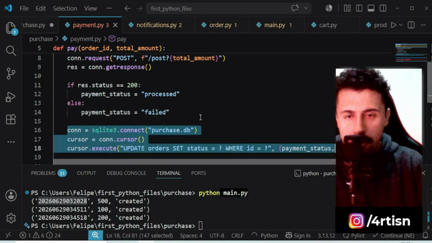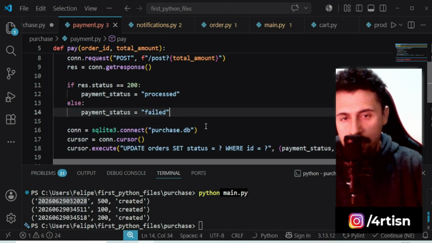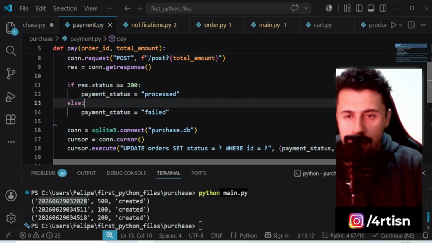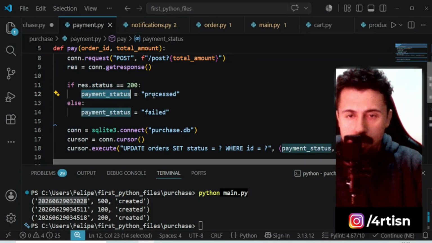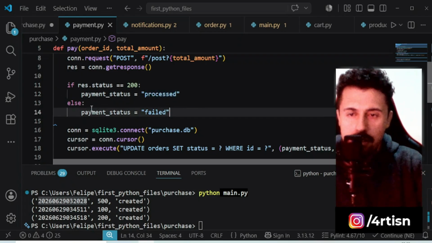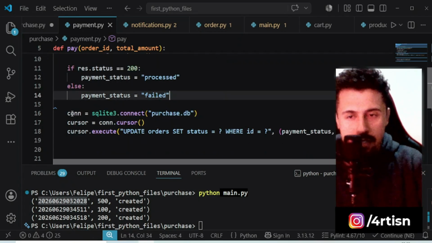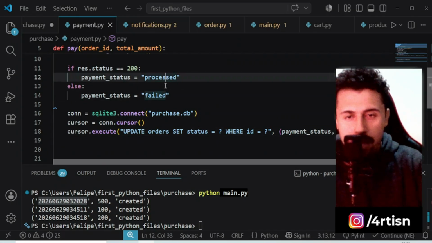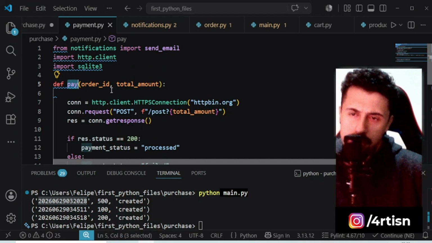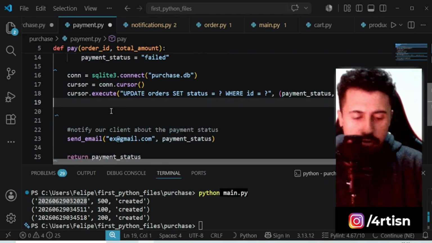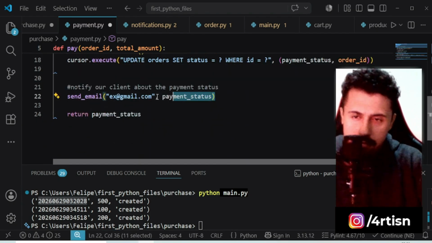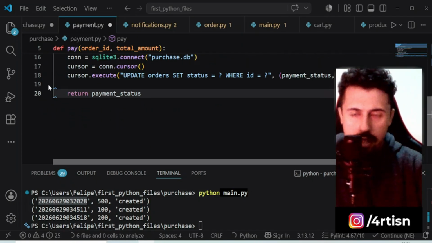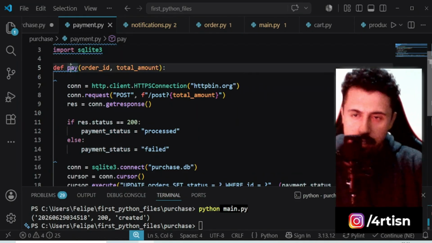So instead of repeating these lines of code here and here, I could just put these lines of code outside of the if else block, and if the status is 200, payment status receives processed, else failed. And in this case I just update with the status no matter what it is. Alright, but before we finish this function right here, let's return something. So before we run, let's get rid for now of this send email function to get things cleaner, and let's just run the function pay